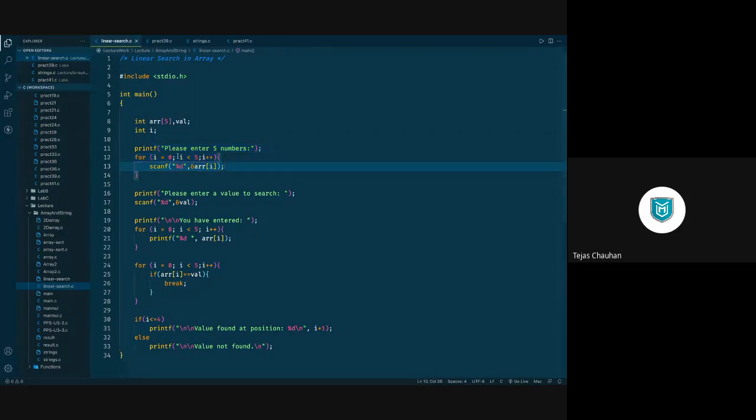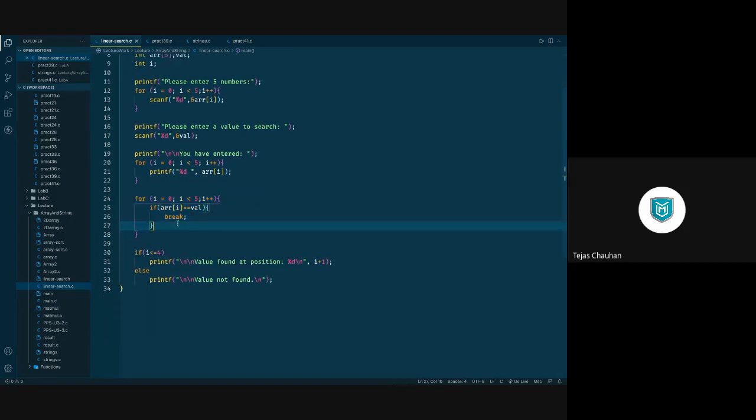Instead of taking elements one by one, what we can do is scan the entire string. Maybe you can use gets or you can use scanf with %s. So you scan your entire string. Then in the next step, you ask the user to enter a single character which you want to search. एक बार आपके पास पूरी string और एक character आ जाए, then you have to go for the searching process, the linear search process. So you'll run a loop with i equals 0,